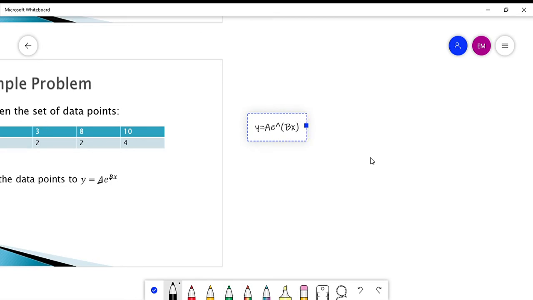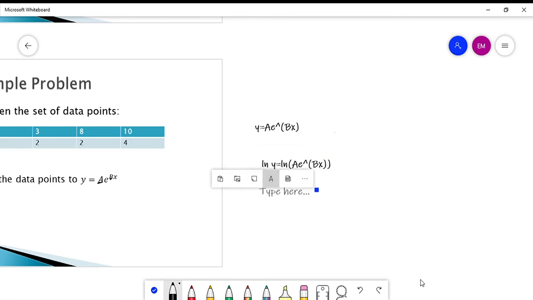So, para mahimo siyang linear, ln both sides. So, we have ln of y is equal to ln of a e raised to bx, in which pwede pod nga himo siyang ln of y equal to ln of a plus ln of e raised to